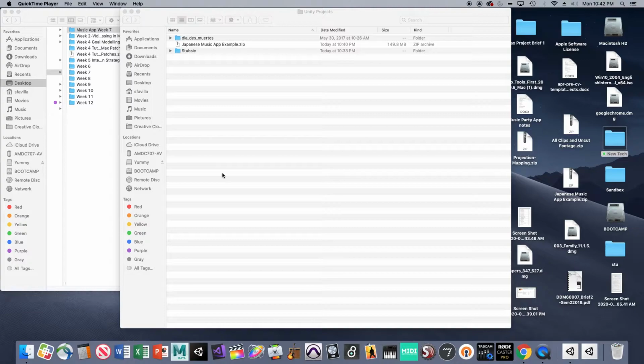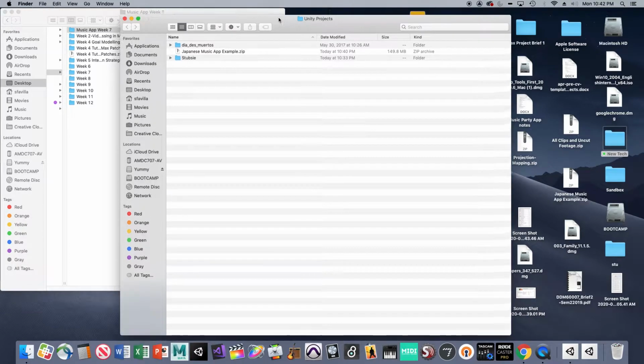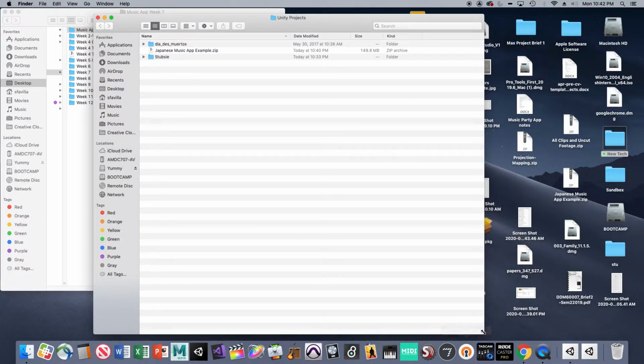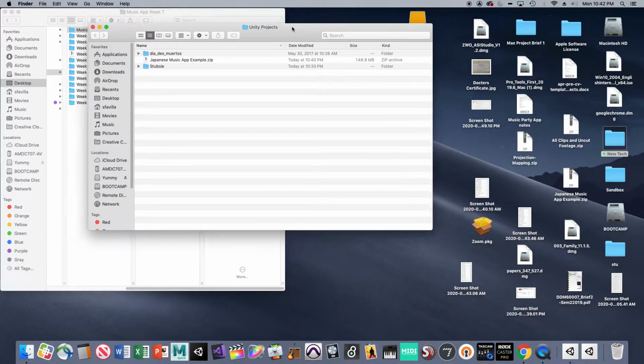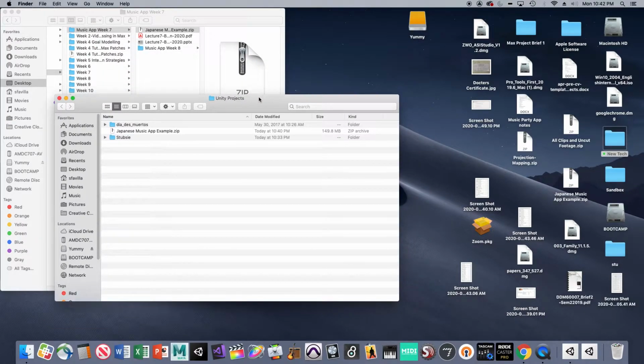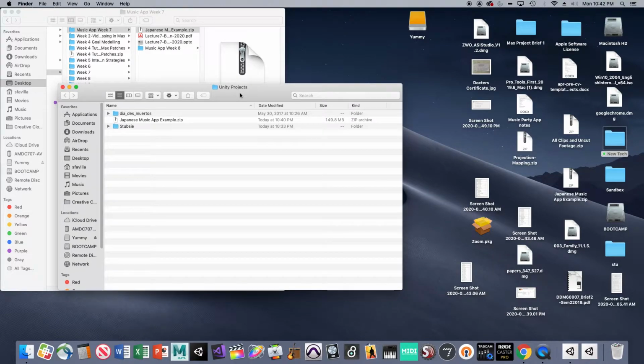Let's get started with Unity. To do this tutorial, you have to go to the week 9 Canvas site and download the Japanese music app example and put it in a folder where you want all of your Unity